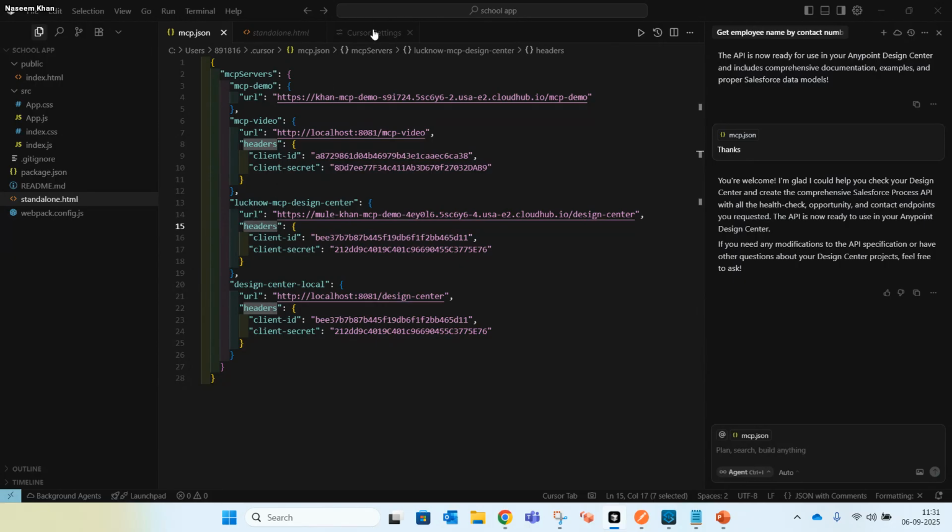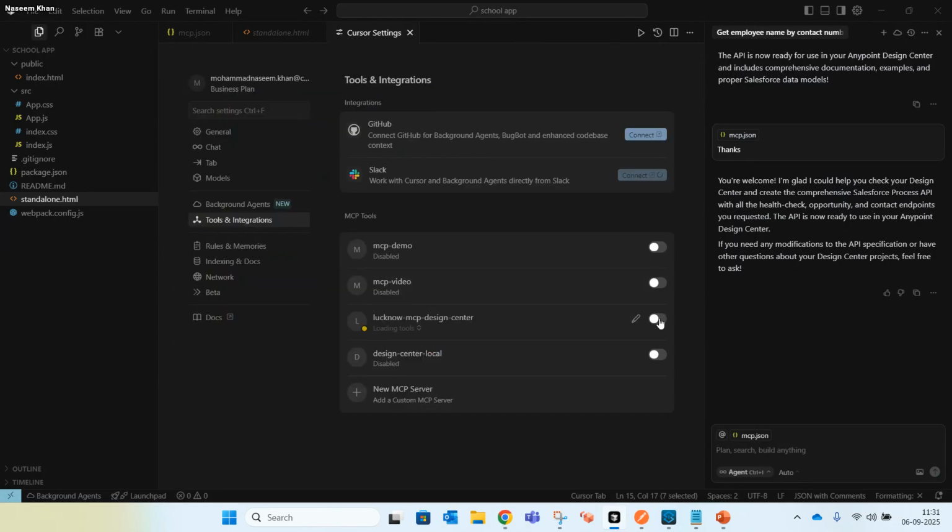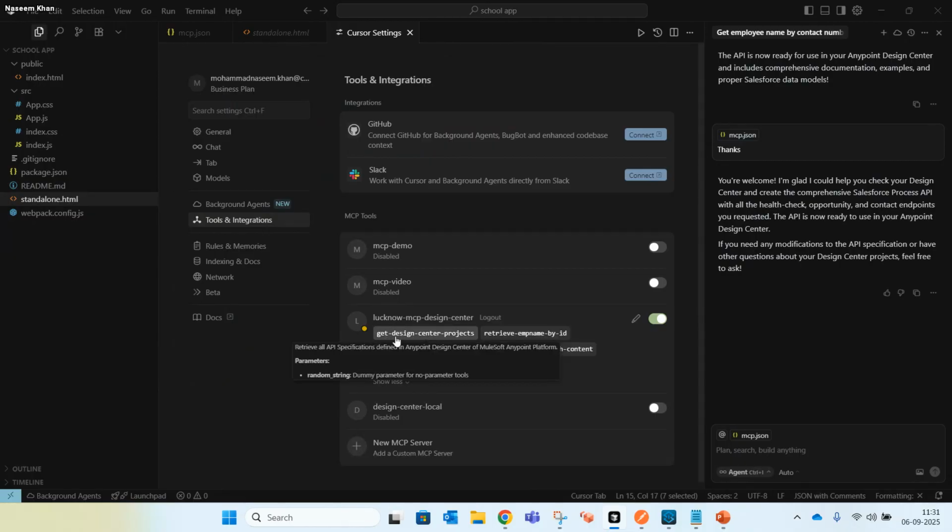Once you save it and enable it, it will connect to your API, and the tools which you have exposed will load here. I have created 5 tools: to get design retrieval, employee name by ID, and contact number, and 3 from design center. So in total I have exposed 5 tools.